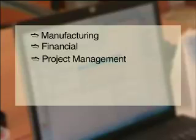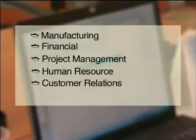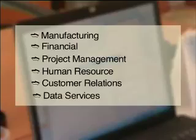address areas such as manufacturing, financials, project management, human resources, customer relationship management, and data services. Today, these activities are taking place within the compass of one system. Thus, business managers or owners or proprietors are able to look at their financial information as well as their activity information, and measure their performance by ongoing activities and existing financial performance, and be able to review and position their businesses at an advantageous place